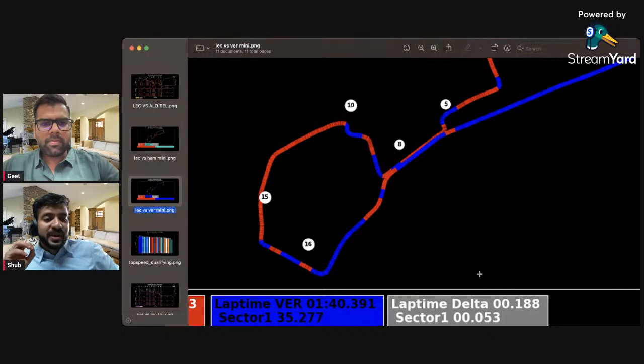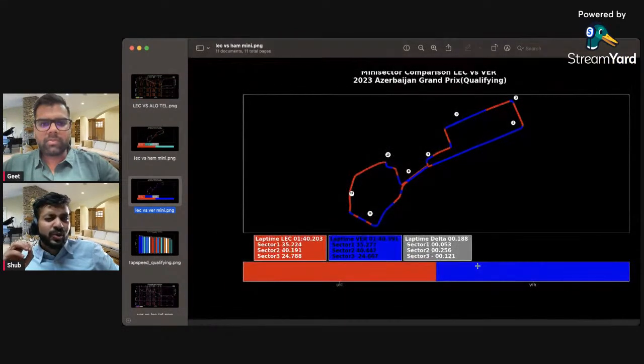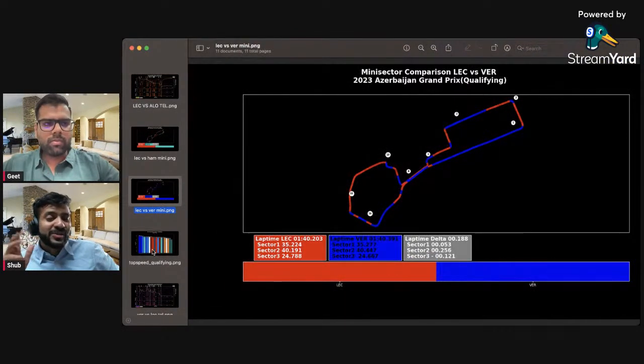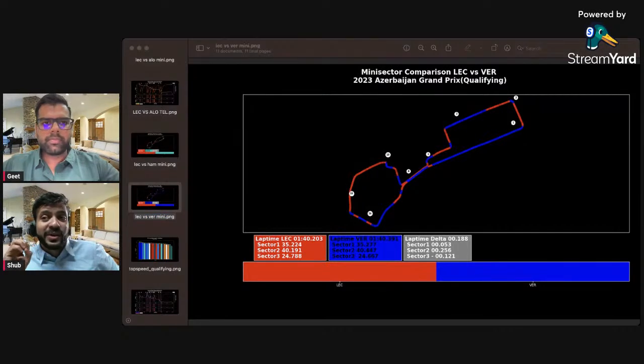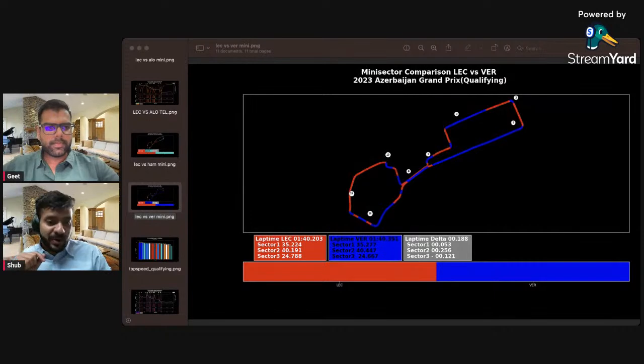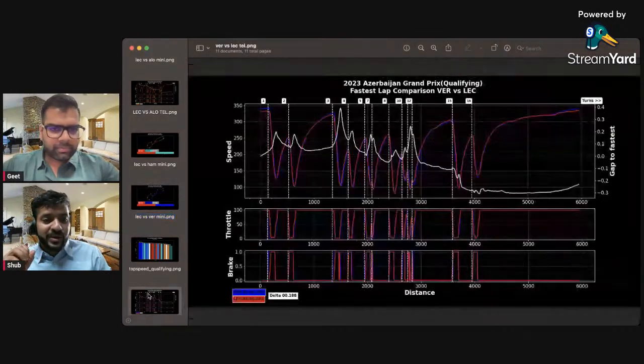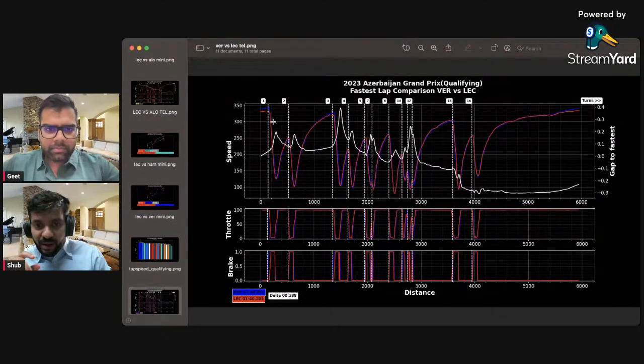it is a 141.2, I think. Sorry, 141.0. Yeah, 141.0, and his Q3 time is a 142, right? Now, if you go to the telemetry plot and if you see what this guy is doing,